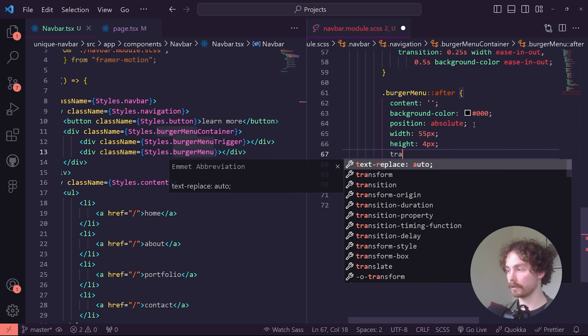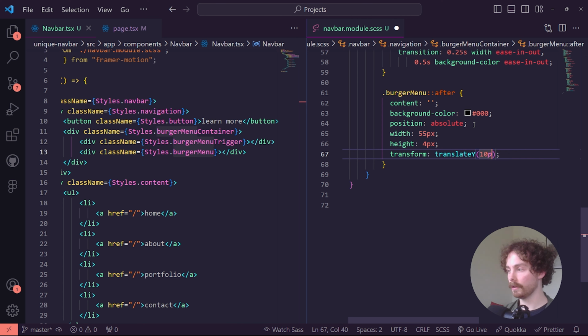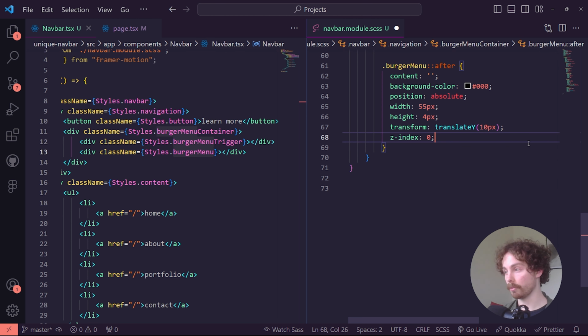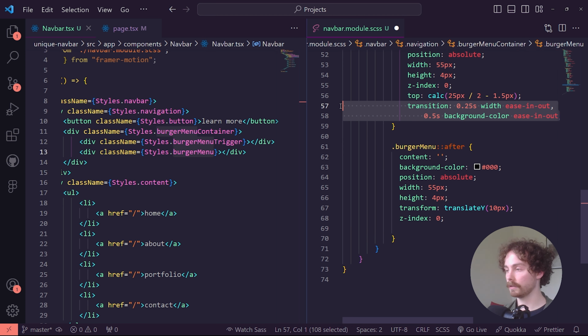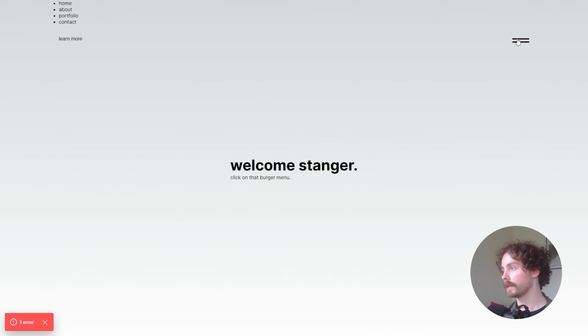This time we want to give it a transform and translate the Y value, so it's directly above the burger menu that we created. So by 10 pixels. We also want to give it a Z index of 0, so it's underneath the burger menu trigger. And then again, we want to copy this exact line here for the transition and save that. If we go back into our file, we can now see that we have 2 strokes here, which is starting